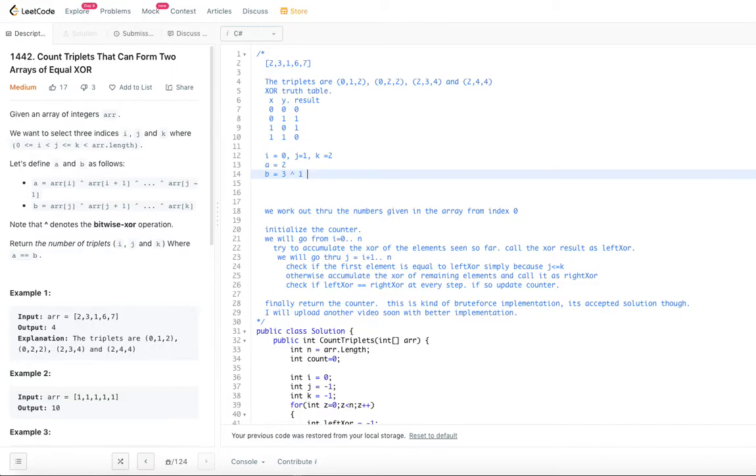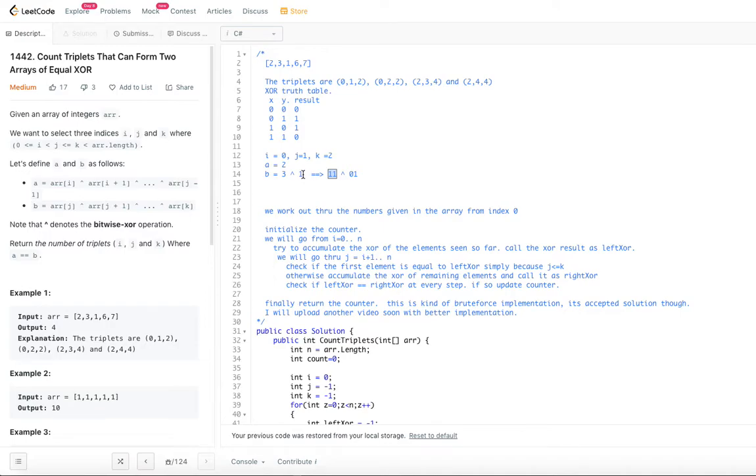Since these numbers are integers, what we are supposed to do is bitwise XOR, right? When you convert 3 to bits, that binary representation is 1 1. For 1 it is just 1, but there is no harm in putting a 0 prior to that, because we want to have equal lengths for the two operands that we are trying to XOR. For 3, the length is 2 in terms of binary, right?